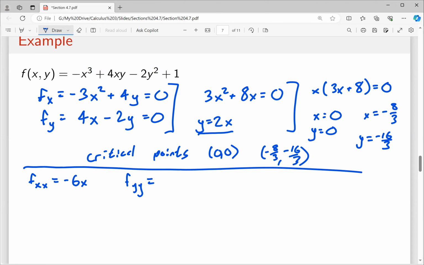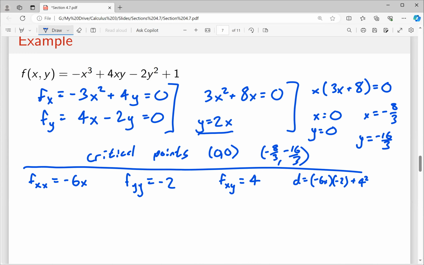Fyy is negative 2. Fxy is positive 4. And so D equals negative 6x times negative 2 plus 4 squared,